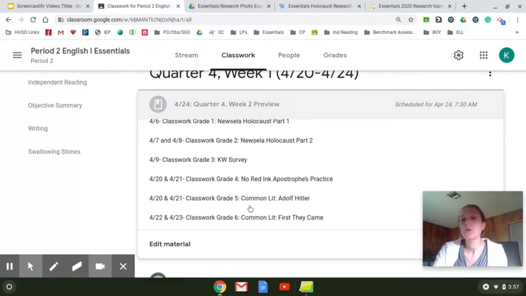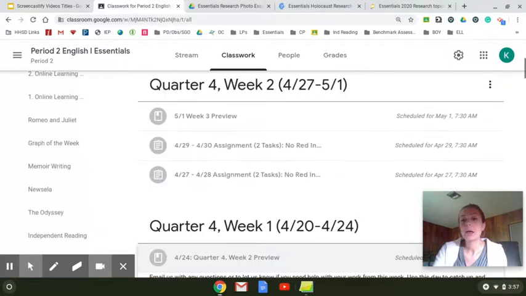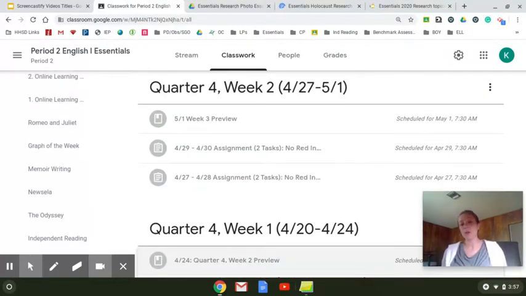So look at your PowerSchool, because your PowerSchool is updated, and your Google Classroom, and see what you've handed in and what you haven't handed in, and use today to make up your work. You can also